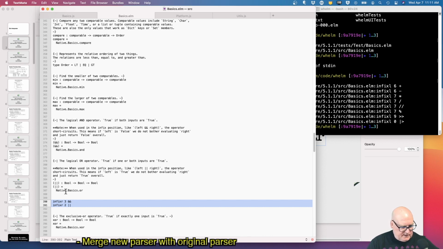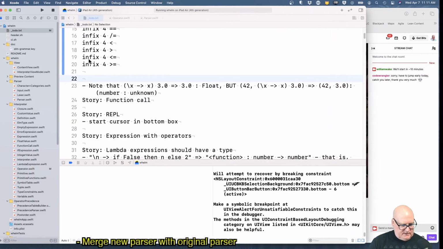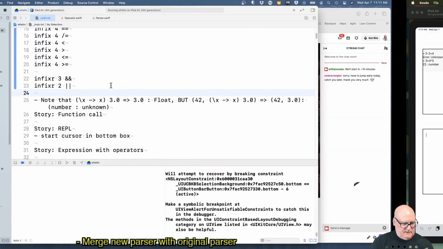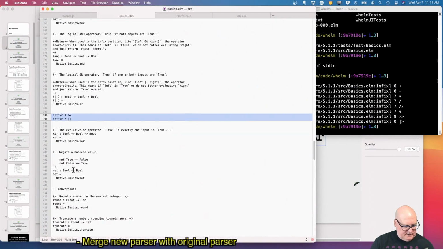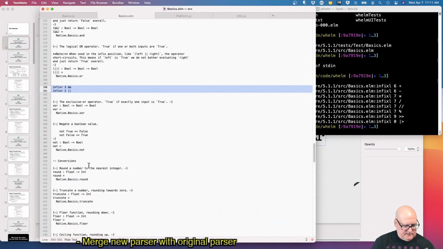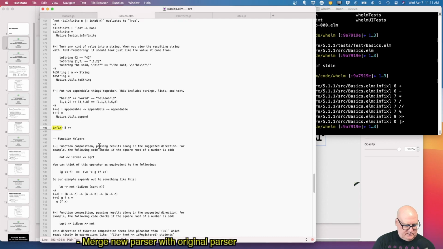Left is true, we don't evaluate right. But if the precedence is right precedence, A or B or C is the same as A or B or C. I guess that's okay. Yeah, wow. Never occurred to me. And I'm not sure if we handle non-associativity, but we'll find out.